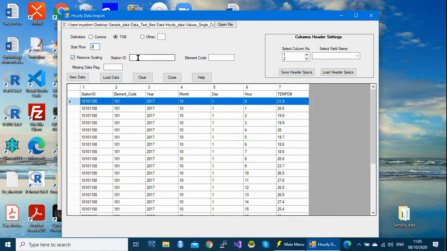Here, station ID. In case you don't have this column for station ID, you can specify your ID here. But since we have this column, this is not required, so we leave it blank. Element code.